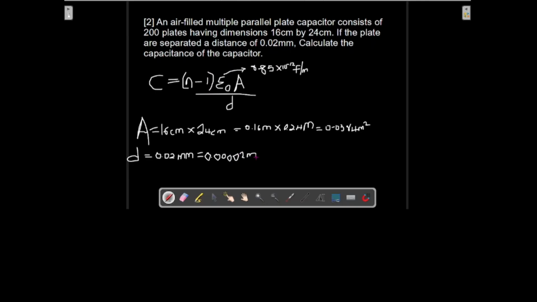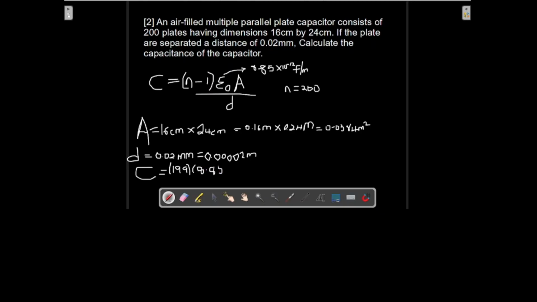So everything we need now, we have isolated them, and then n is equal to 200. So this means we can then input our values. So C will be equal to n minus 1, that's 200 minus 1, that is 199. 199 multiplied by epsilon naught, which is 8.85